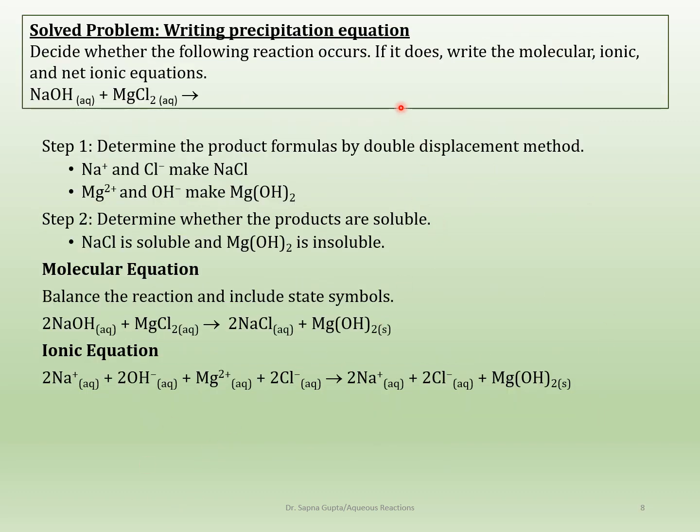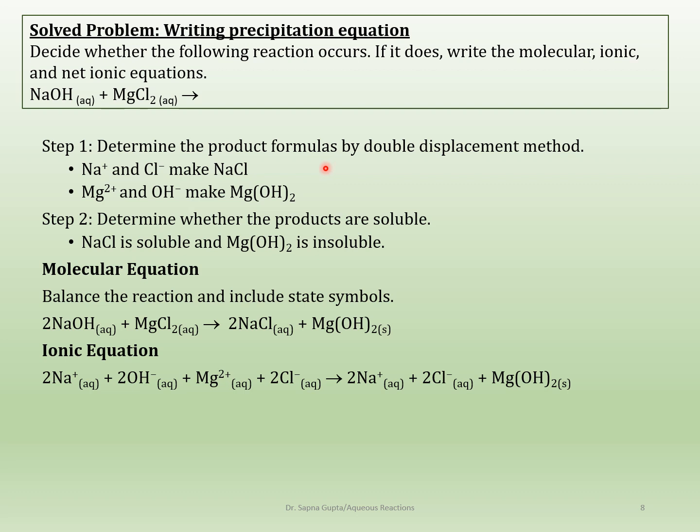All right, so now writing a precipitation equation. Decide whether the following reaction occurs, and if it does, write those equations. Okay, so we will always be writing molecular, ionic, and net ionic equations. Not always, you know, in an exam things might be a little bit different, but still, you need to practice these equations. So first of all, you need to go ahead and determine what kind of products you're